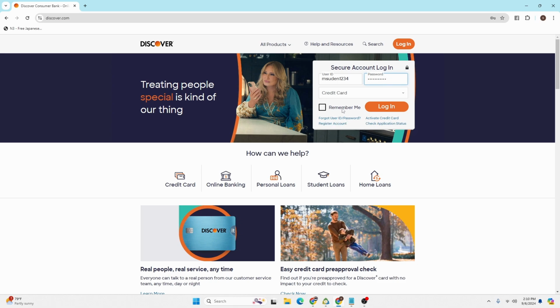And with that being said guys, after entering your user ID and your password, click on the login button over here, and then you'll be signed into your Discover credit card account from over here. And with that being said guys, this is how to log into your Discover credit card account online on your